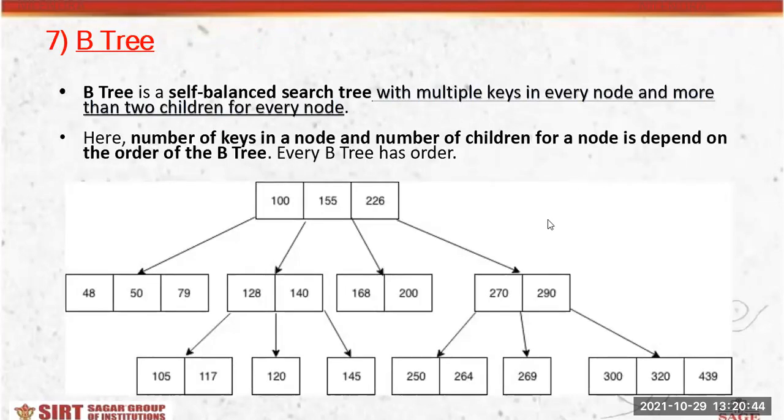Whereas in your B tree, you will be having a certain kind of order, but what is the difference between an M-way tree and a B tree is that once you start filling this particular tree, which is also following a balanced search tree, meaning key order value pair. Here also I am following multiple keys in every node and more than 2 children in every node. Or you can say simply key order pair. I am following the key order pair, same as we are following in multi-way.